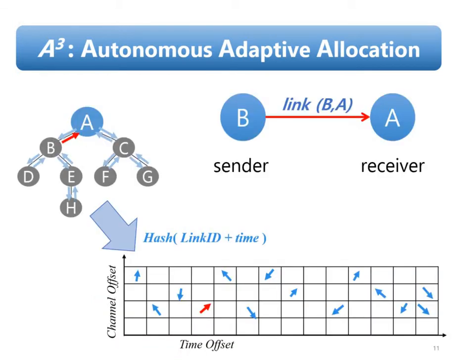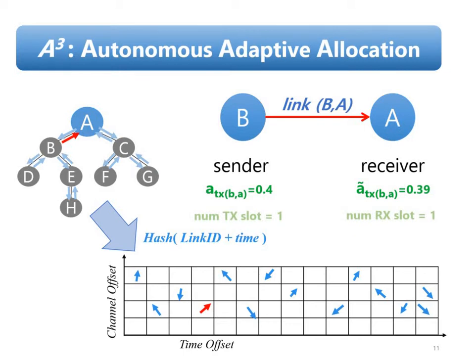Let's see an example based on the Alice schedule. You can see the red arrows indicating the link BA. Basically, A-Cube schedules one default slot per each link in a slot frame. Let's assume that the current transmission attempt rate of the link BA is 0.4 and the receiver's estimated value is 0.39, and both sender and receiver allocated one slot for the link BA.